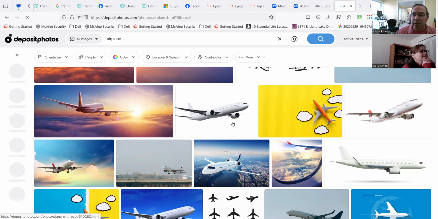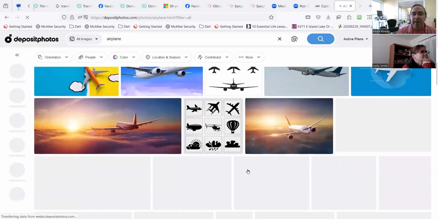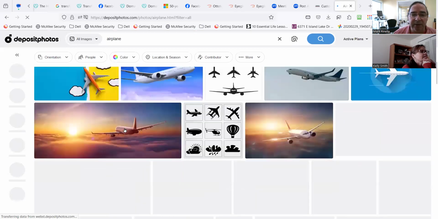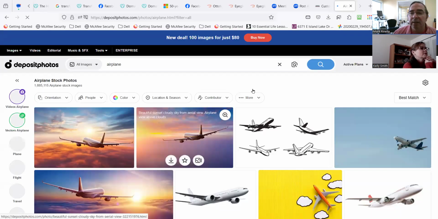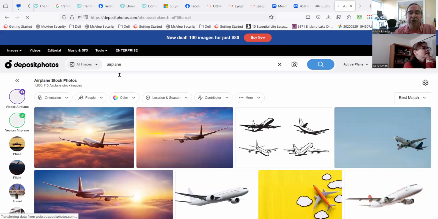This might look okay because if you look at Facebook, this would square down. But you can see, if you look up at the favicon, some of these would not be good. There's not enough contrast. But in answer to your question, if you wanted to go to Deposit Photos and then just search,